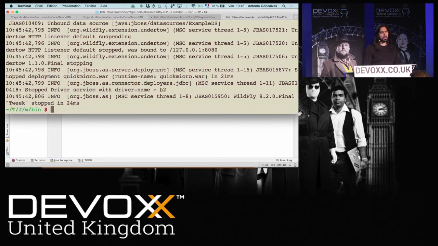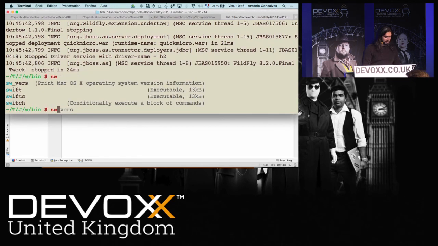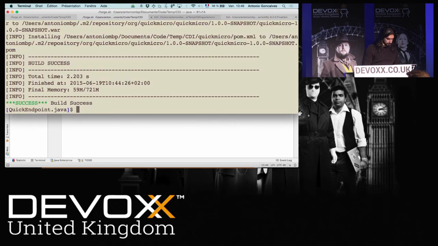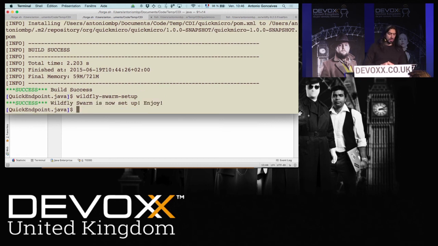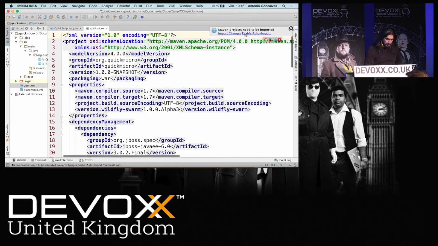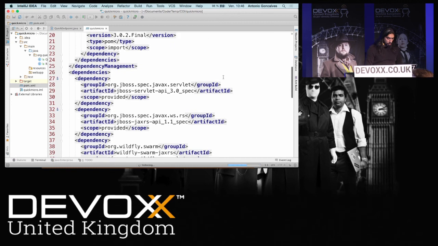And because I don't really know how it works, there's a command called, oops, I'm not in the right place, WildFly Swarm setup. What it does, nothing much. It just updates my pom.xml with Swarm things.